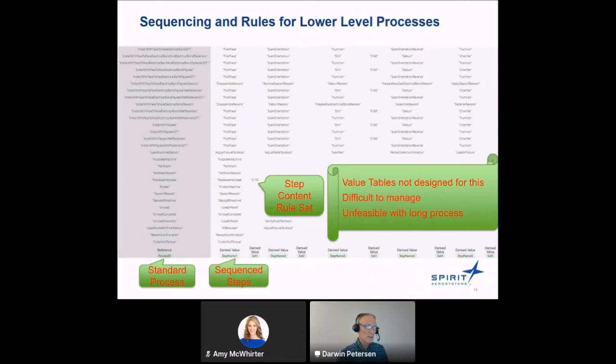So you need ways to effectively associate content at many levels and be able to communicate that effectively. The approach we took, and a statement here, is that value tables weren't really designed for this. It's a bit difficult to manage if it gets too big, and if it gets really big, it would be a bit unfeasible. But at this point, it works for us.